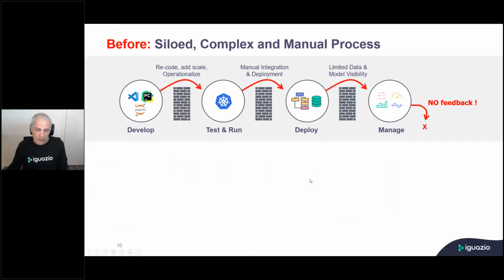Essentially we want to transform the work, because the way most people work currently is this: someone is writing code, a data scientist writes in Jupyter, then someone takes that code and transforms it into a container with YAML files for Kubernetes and so on, packages. This is done by a separate person, and then a third person takes that and composes a pipeline from individual components, including the data preparation, and runs that pipeline. And then yet another person thinks about how to monitor all those activities and create a feedback loop. You can't really do that if you don't instrument all your components to work with the same